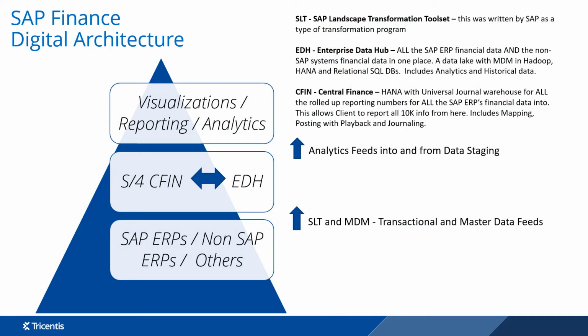Looking at this architecture, we need a new data process for a successful SAP HANA Central Finance implementation. And Curtis actually has a great example of where a large oil and gas customer came to realize this. Curtis? Yes, as the data was moved from SAP ECC to HANA, there's an important synchronization that has to happen